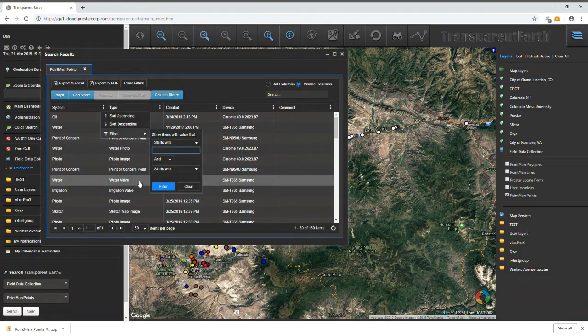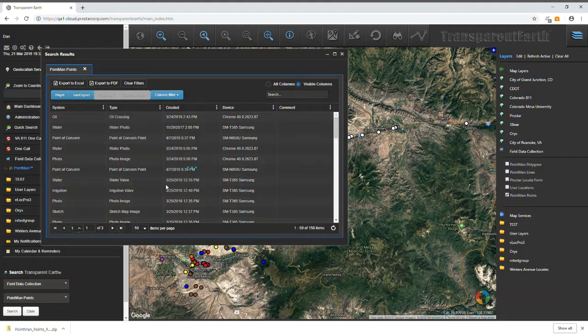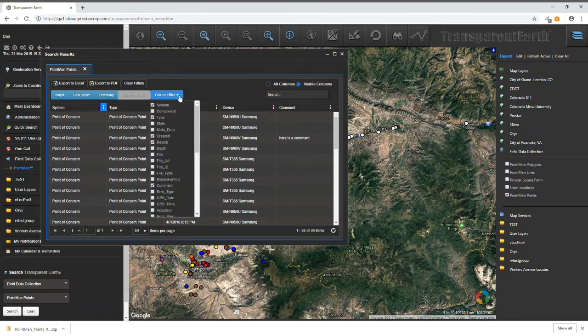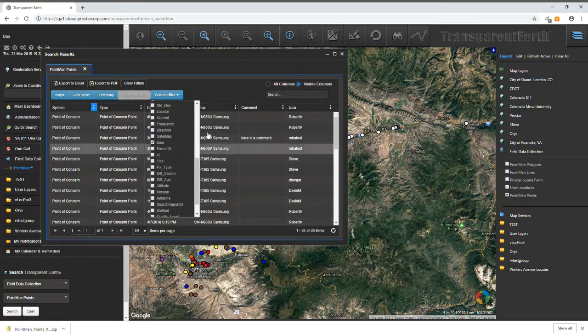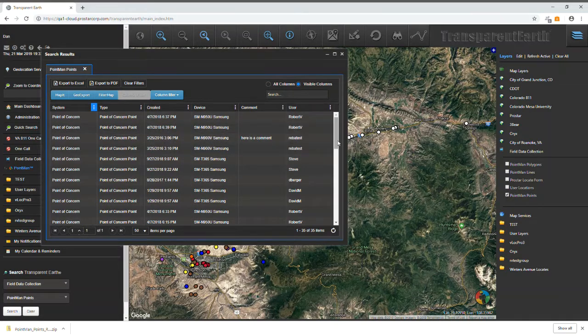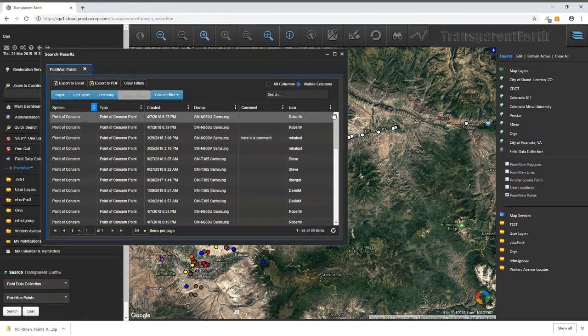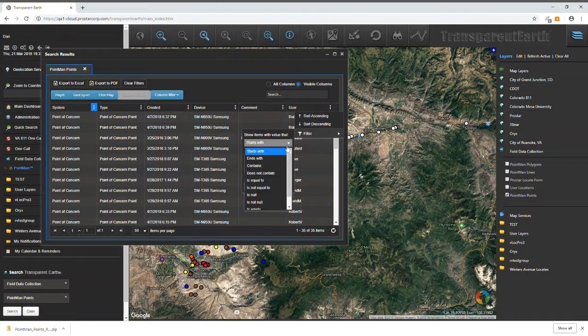And so it's just like setting up a normal search. You would go ahead and type in the first part of what you're looking for. In this case, starts with point of, and then you filter. And what we did is we just took 150 points and filtered it down to 35. You can turn on other columns or other fields and filter those as well. So if you want to drill it down to where I only want points of concern that were collected by a particular user, you can do that as well. And so for the sake of this one, we're just going to go ahead and keep it just the point of concern and